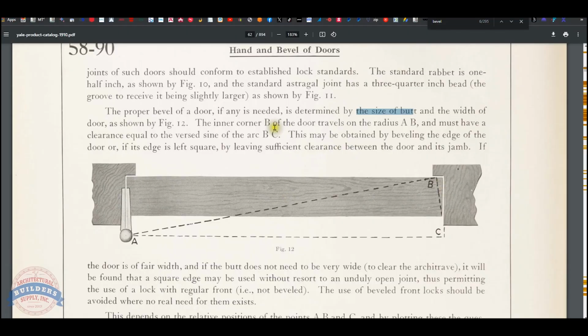What Yale does, they tell us the inner corner B, which I was just demonstrating, travels on the radius of AB. It does. I was turning my circle around, as shown in figure 12. The inner corner B of the door travels on the radius AB and must have a clearance equal to the versed sine of the arc BC. Now, without going into the math of this,